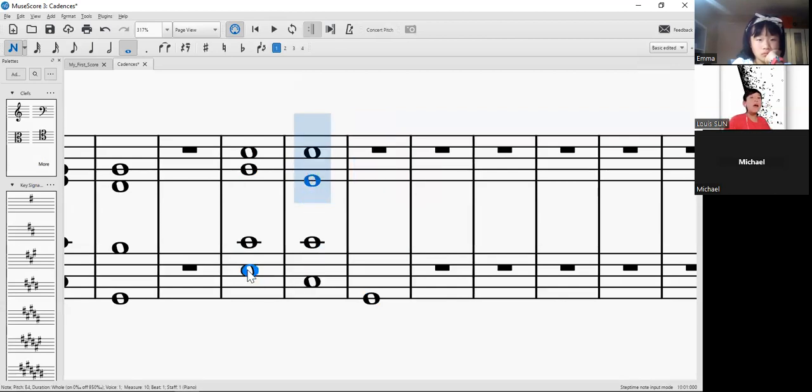Double the sixth in the first inversion chord. You can triple the root in the first inversion, or you can